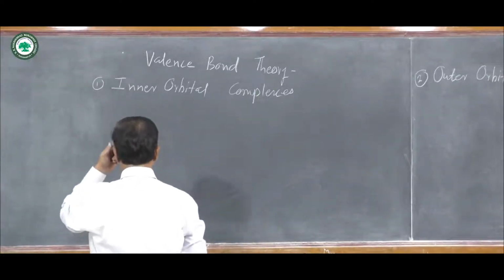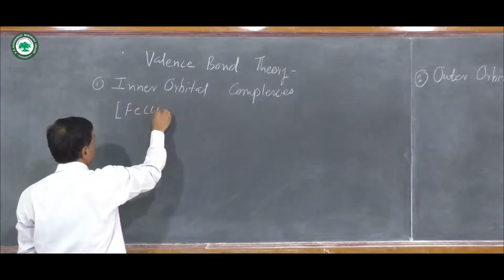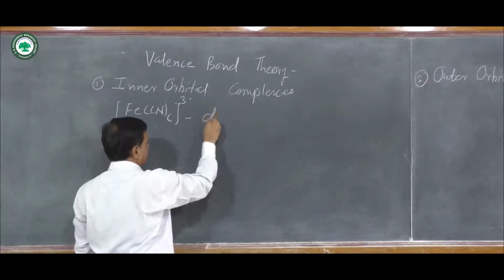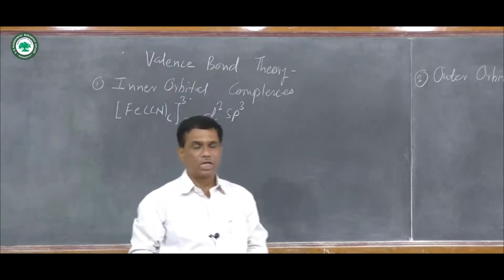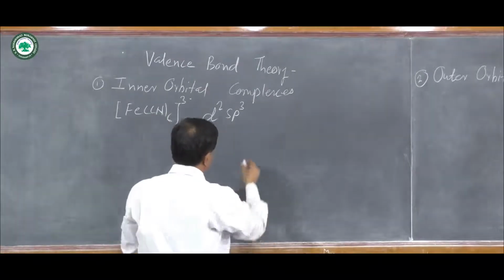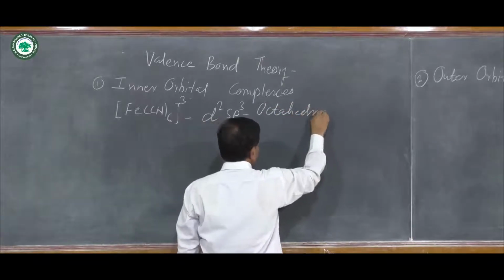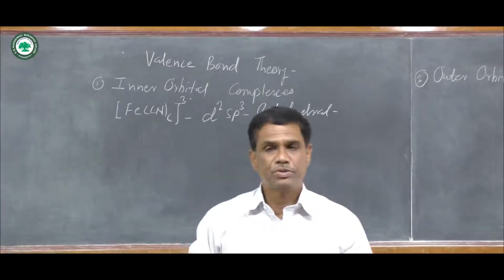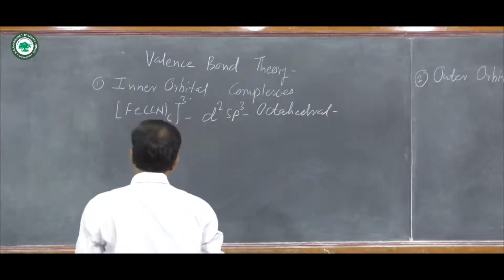Here, inner orbital complexes. An example is the formation of the [Fe(CN)6]3- complex ion, and the hybridization is d2sp3 hybridization. In this hybridization, the shape of the molecule is octahedral. Actually, this complex is in the form of an ion, hence known as a complex ion. In this complex ion, the central metal is iron,